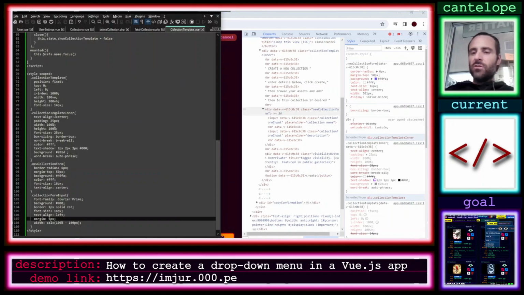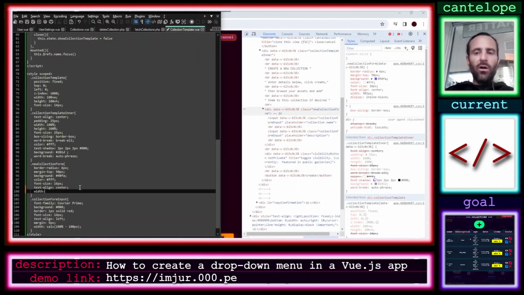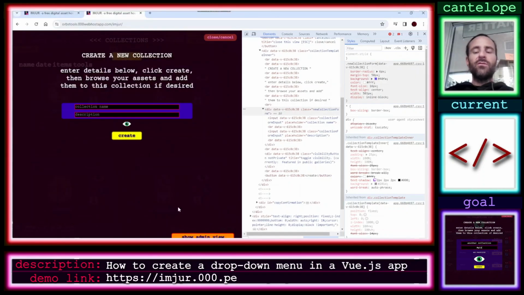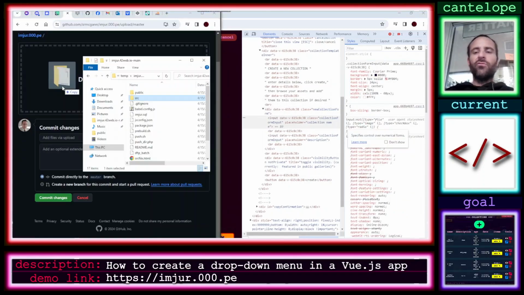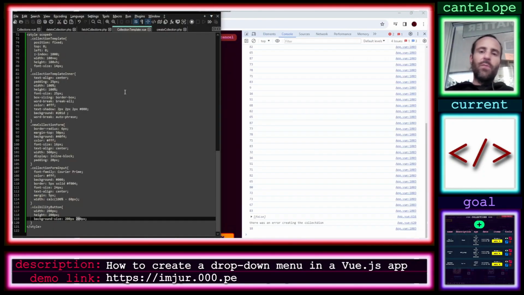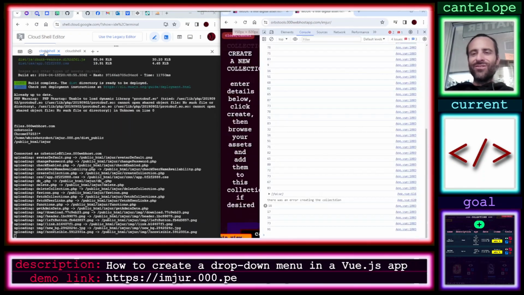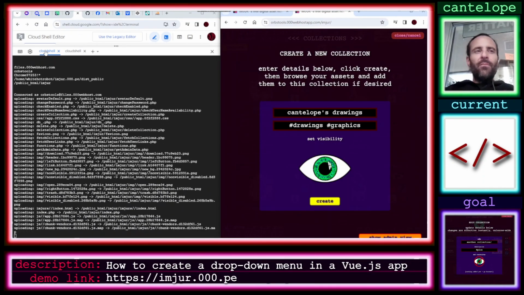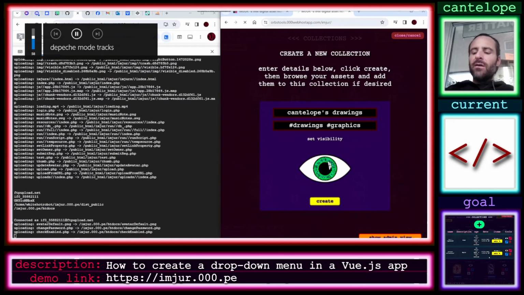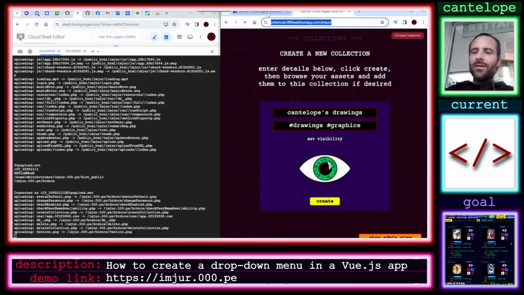I deleted the toolbar completely and went to something that may be obvious. It wasn't obvious to me right away, but I made a drop-down menu from scratch. So I want to share real quick because I have 5 minutes already and I haven't even got started. So try to wrap it up. I made a drop-down menu using only CSS, and